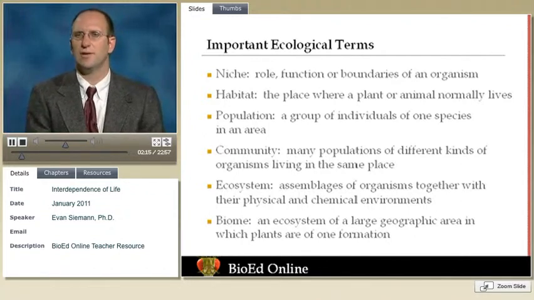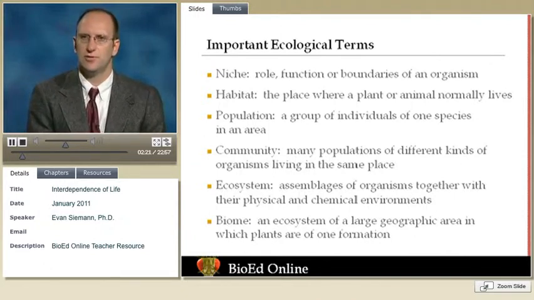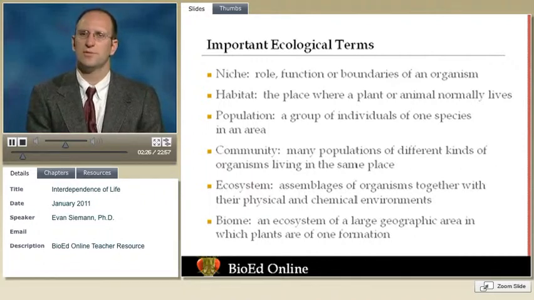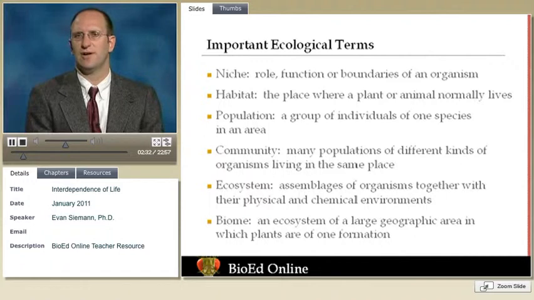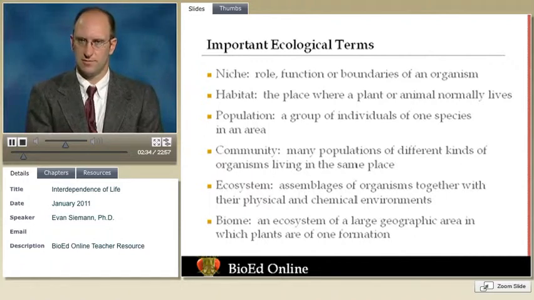Community is a higher level of organization. So population is all individuals of one species. A community is individuals of multiple species. So it's all the populations of different organisms living, again, in a particular place and time. Sometimes ecologists will define a community to be some subset of the entire community. So it wouldn't be unusual to have ecologists talk about something like a bird community, where they pick some subset of the larger ecological community.